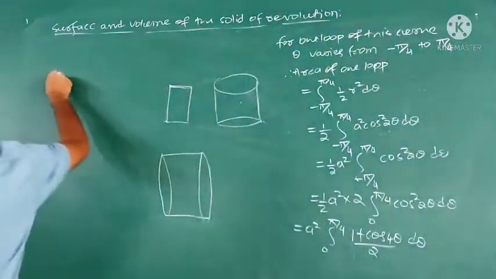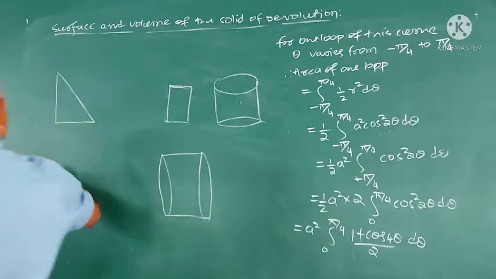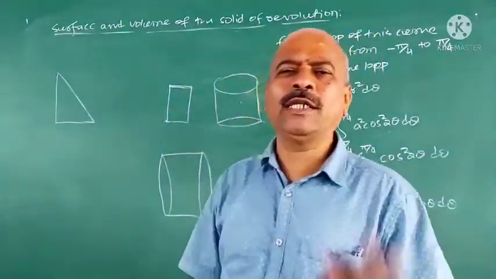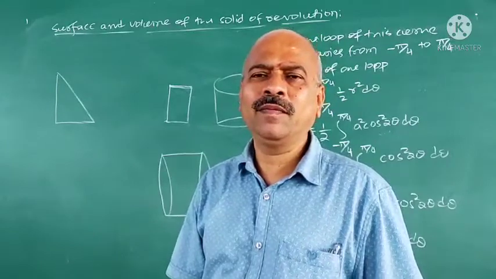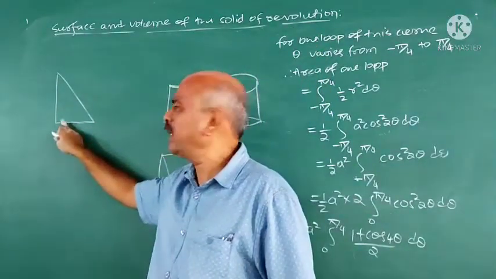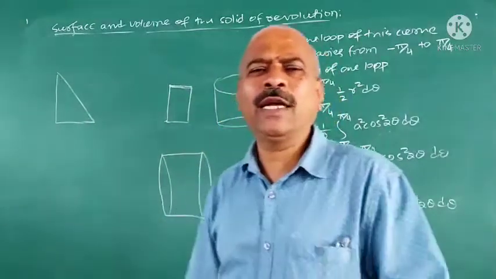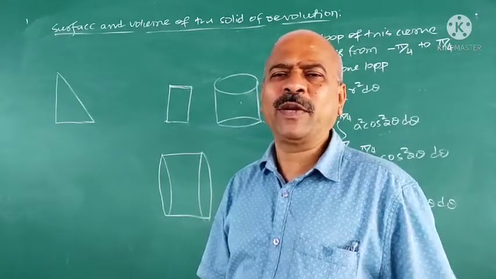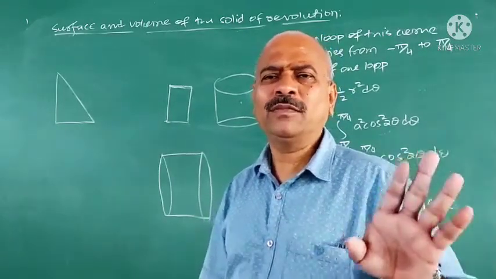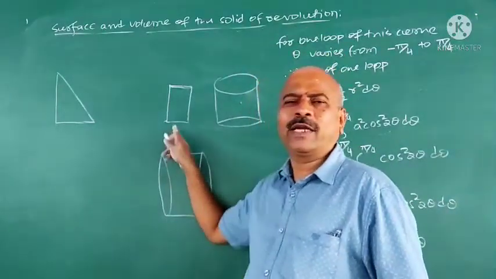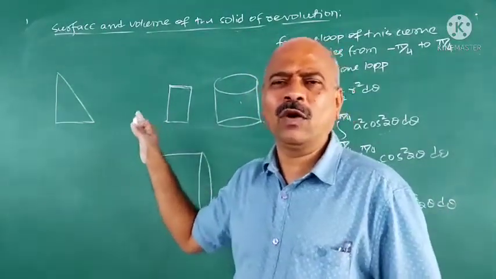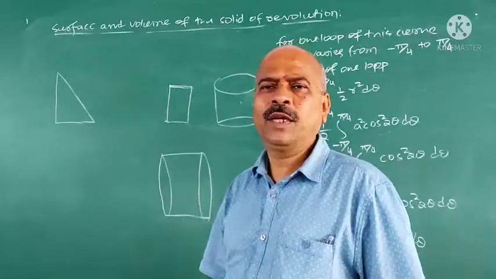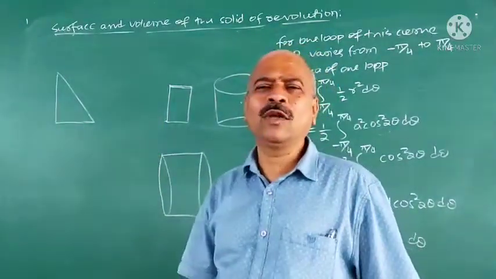One more example. Consider a right angle triangle. If this right angle triangle is revolved about one of the sides making the right angle. Two sides, this involves the right angle, this involves the right angle. Then what do you expect? You have to imagine. I explained here, when the area bounded by a rectangle is revolved, we will get a cylinder. Here, what do you get? Yes, exactly. You will get a right circular cone.